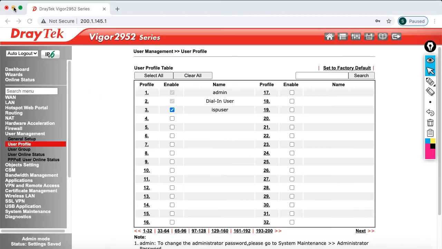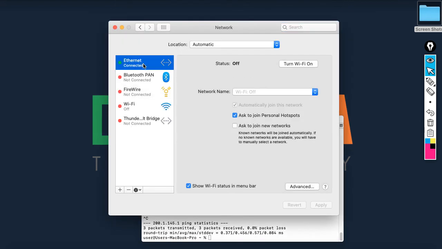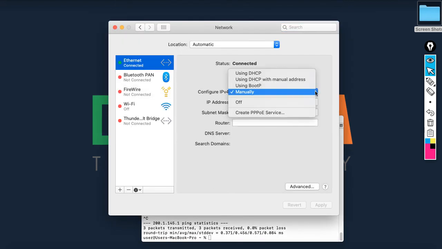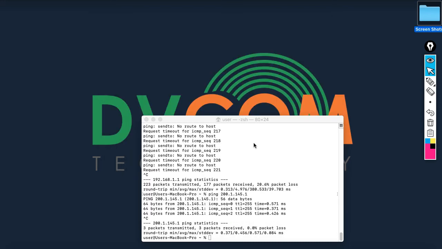So before I access it, let's check the reachability. To do that, change your default settings to DHCP for your network connection so that you are going to get the IP address from your Draytek router. Now you can see I got the IP address as 192.168.1.10. Now let's check the reachability by using ping.